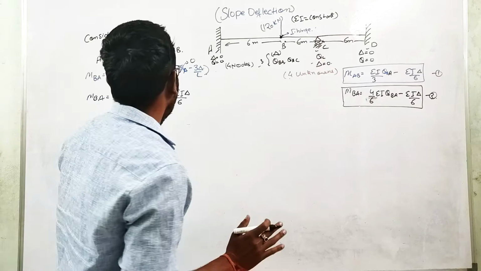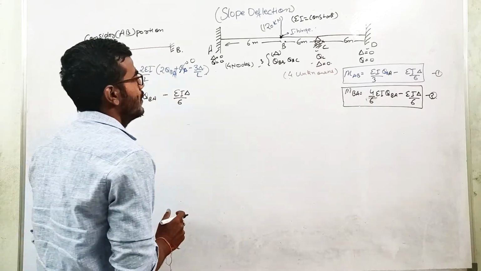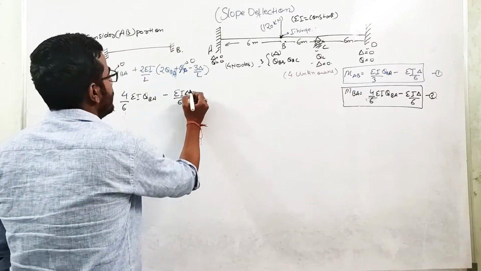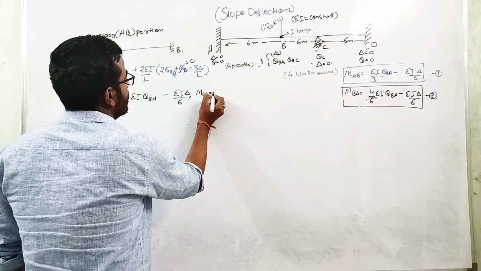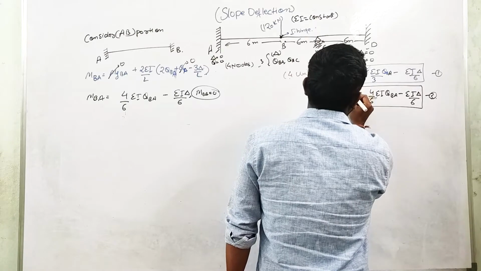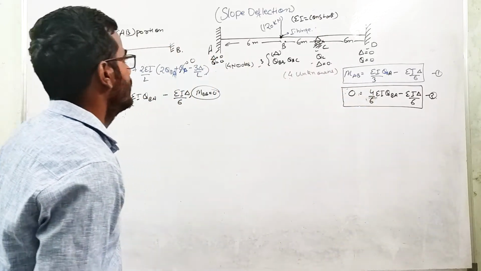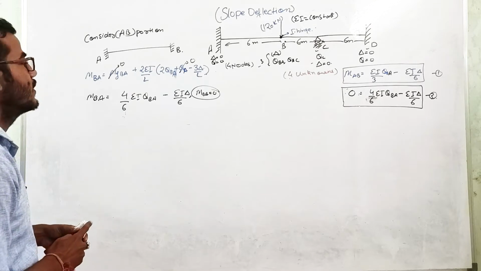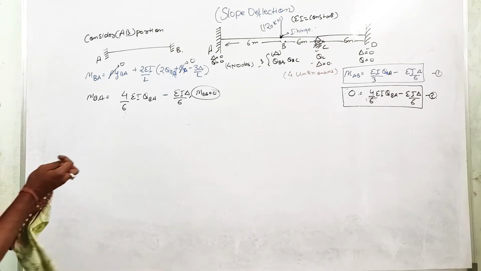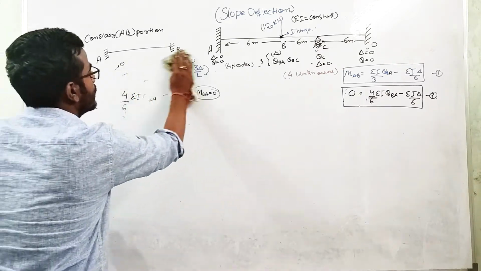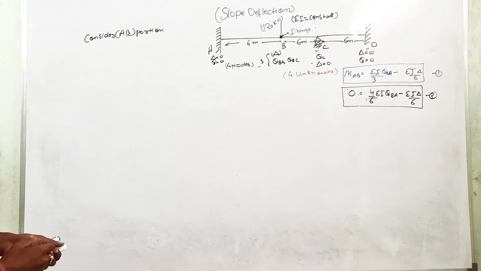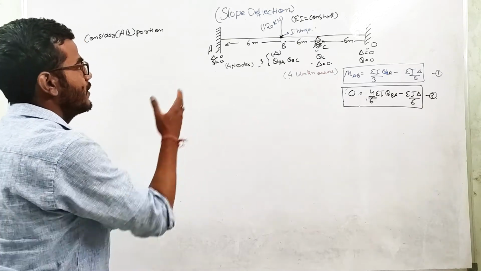Now you can also see that B is basically the internal hinge point. So MBA will be 0 over here. MBA will be 0. Okay. So I can write this equation equals 0 because MBA is 0. This is an internal hinge, so I can put the support condition over here. Okay. Now let us come to this portion BC. Till now we haven't considered the effect of the 120 kilonewton load. Okay, we'll see later how to take the effect of this load, right?